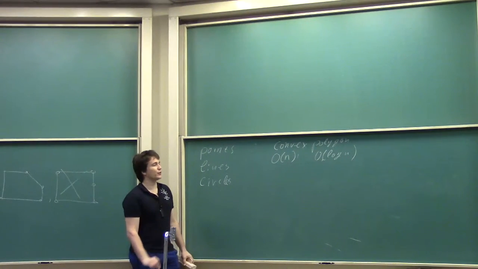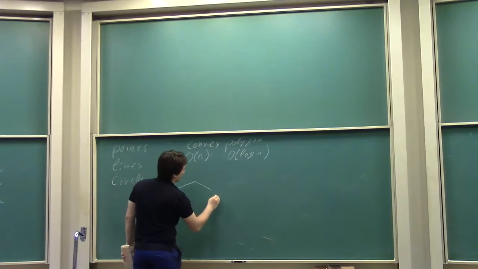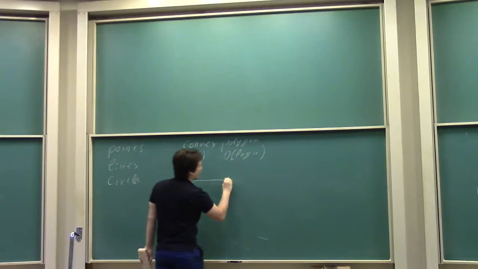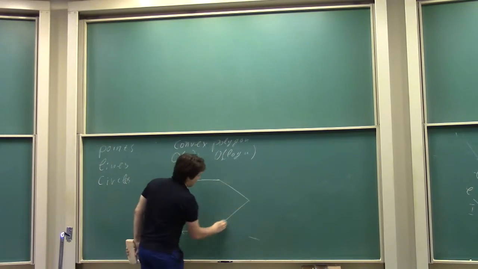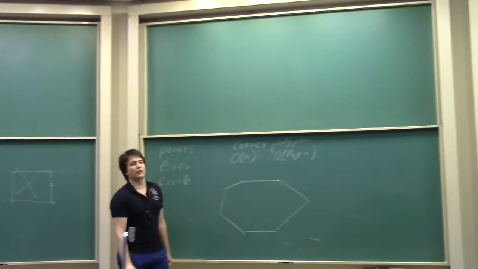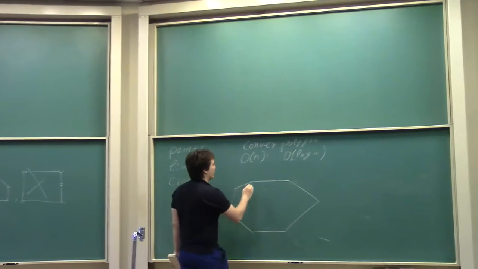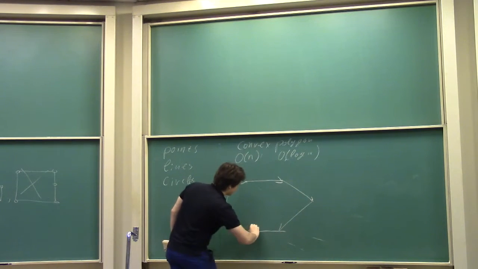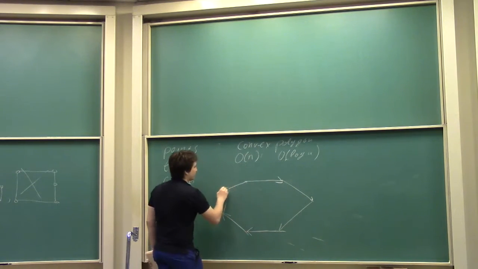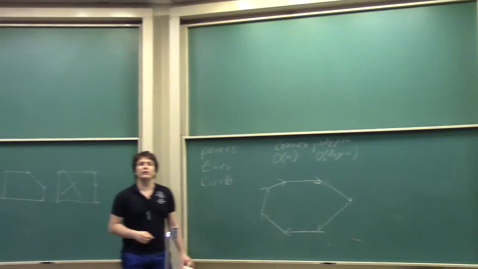In order to do this, we need to analyze something like, let's draw one more polygon. And now I'll take all the edges and orient them in some way. Set a direction. Okay. Now how do we describe